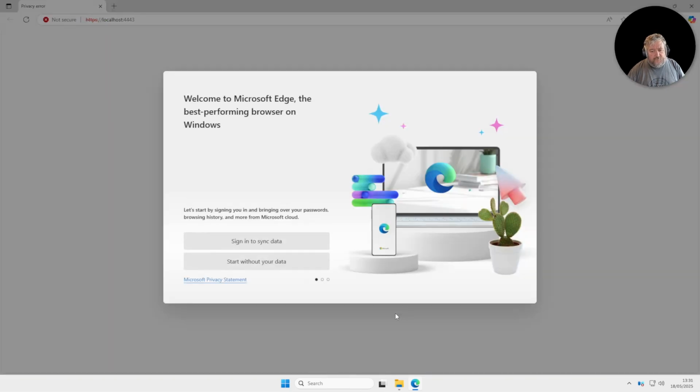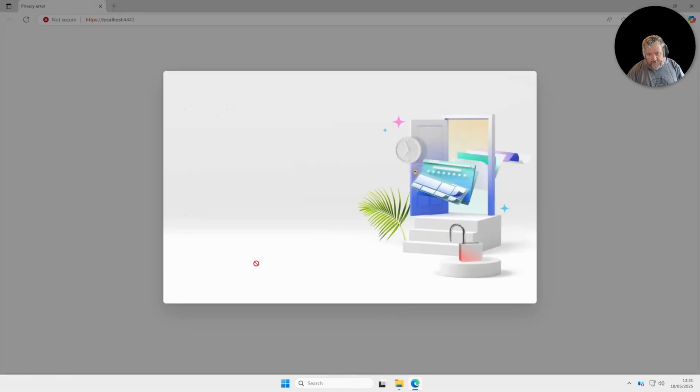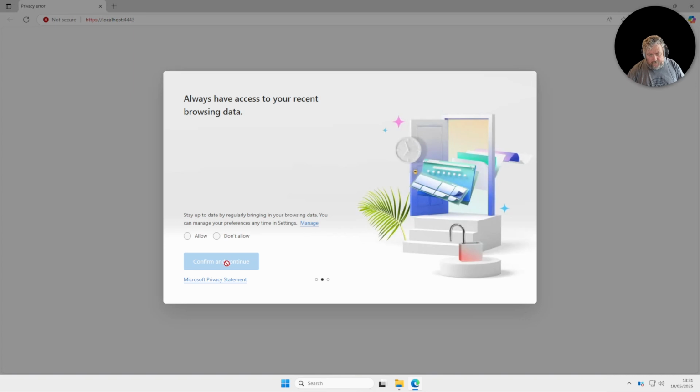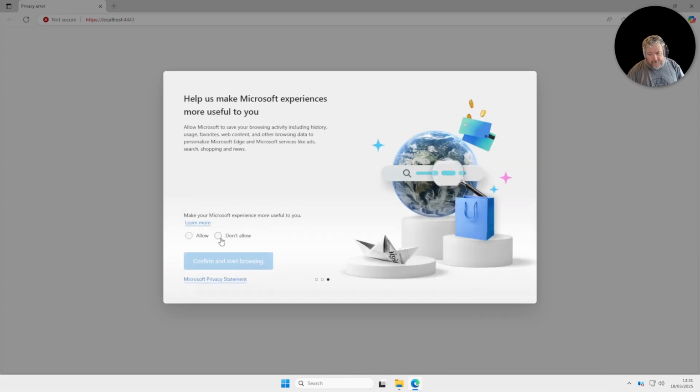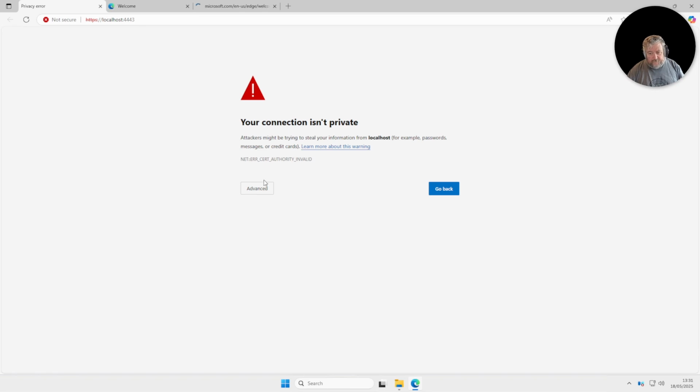If you would have start without your data, don't allow. This is obviously running with Edge, something I don't like as well, but we'll go with it because otherwise I'll have to install Chrome. So